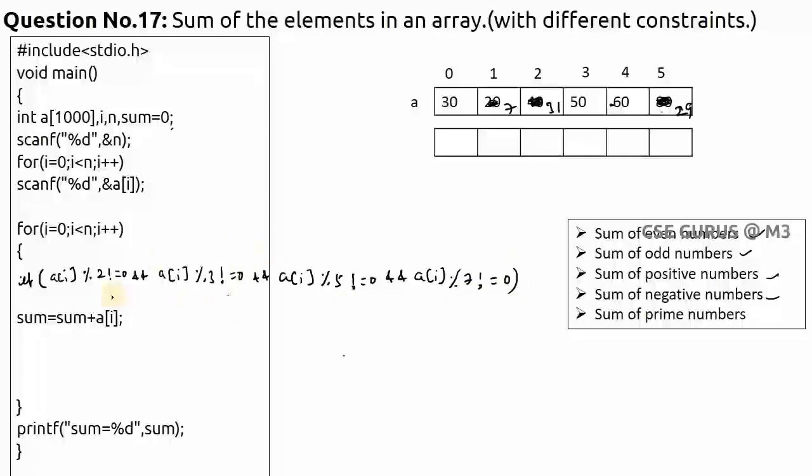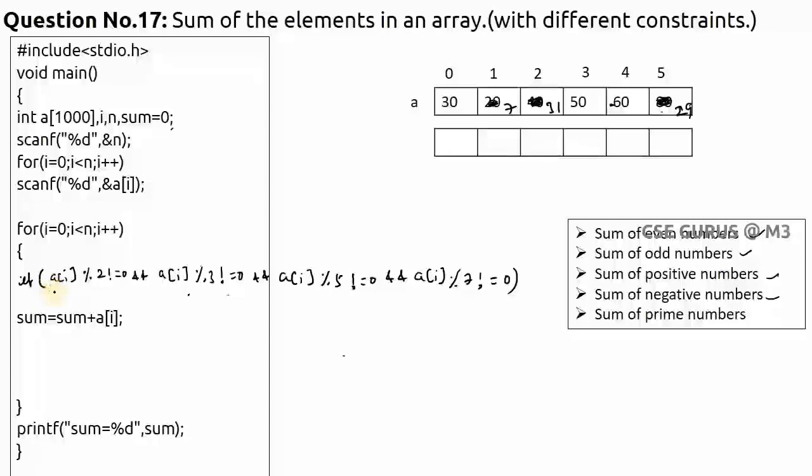then I can say it is a prime number. Of course, this constraint is applicable only to the numbers after 7. For the numbers 2, 3, 5, 7, it's not applicable. So this logic is applicable for numbers greater than 7.